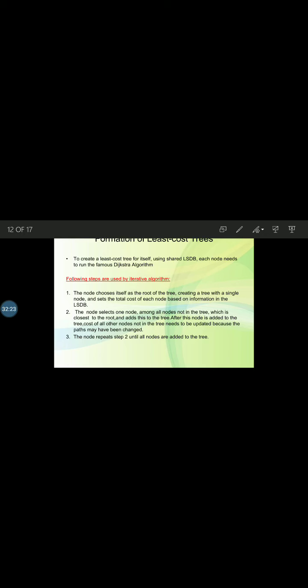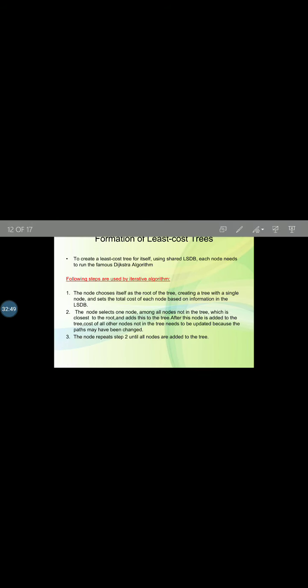Second, the node selects one node among all nodes not in the tree which is closest to the root and adds it to the tree. After this node has been added to the tree, the cost of all other nodes not in the tree needs to be updated, because the paths may have changed.